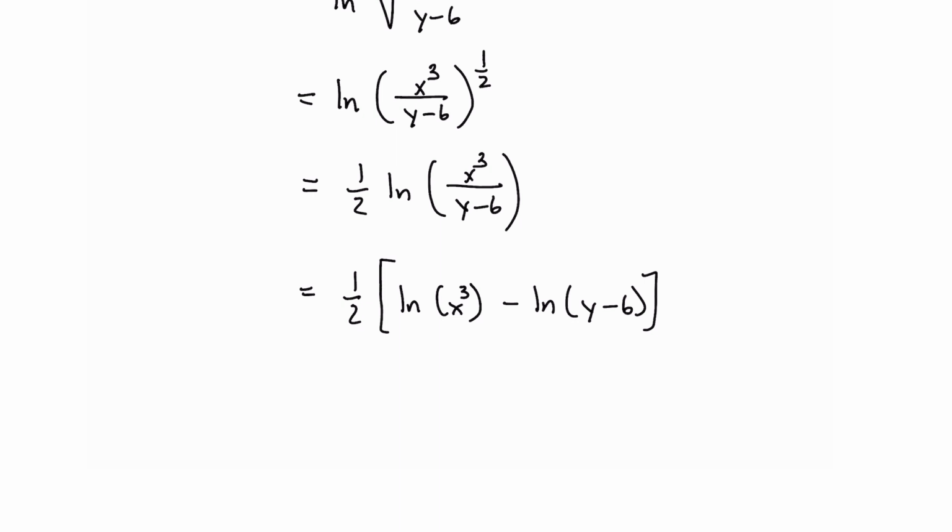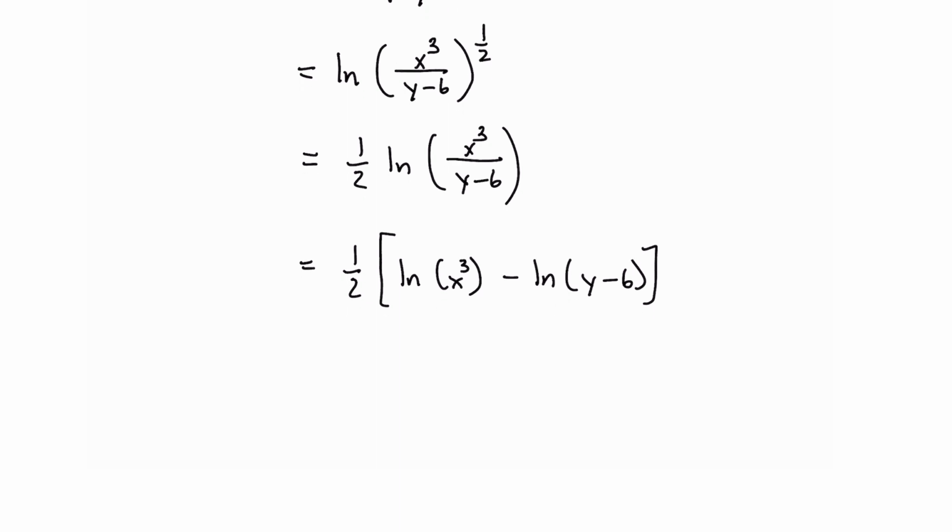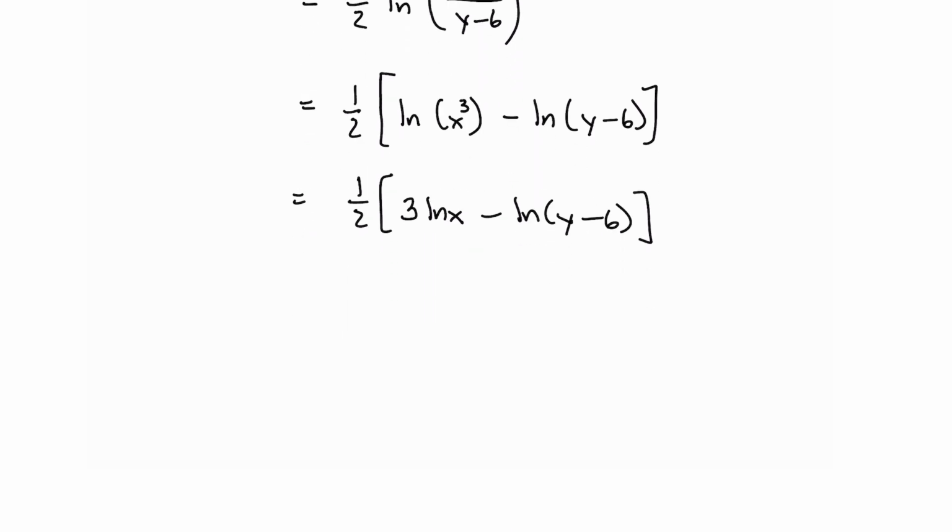Notice inside the brackets we have the natural log of x to the third, so I can use the power property once again. So I'm going to rewrite that as 1/2 times 3 times the natural log of x minus the natural log of y minus 6. And if we desire, we could distribute the 1/2. That's probably a better idea. That will give us a more simplified expression. So distributing the 1/2 to each term, we have 3/2 natural log of x minus 1/2 natural log y minus